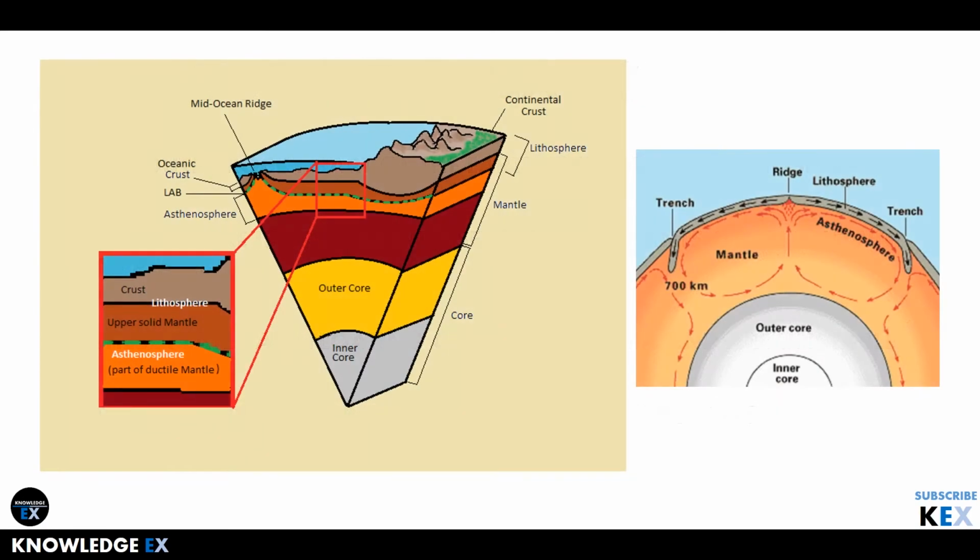You can see in this picture the convective currents are flowing inside the earth's crust, and you can see that the lithosphere is moving to the left side and towards the right side, between which you can see there is a ridge, and at the left side and the right side you can see the trenches where the plate is getting submerged towards the other plate. So the lithospheric plates are continuously in motion, and the reason behind their motion is the convective currents which are flowing inside the earth.